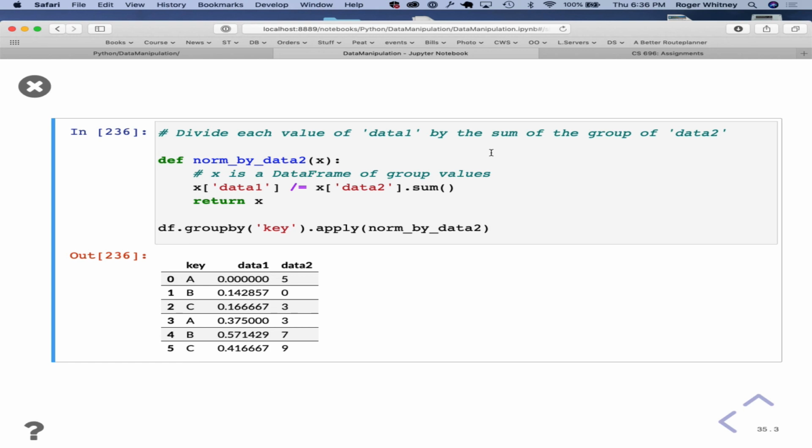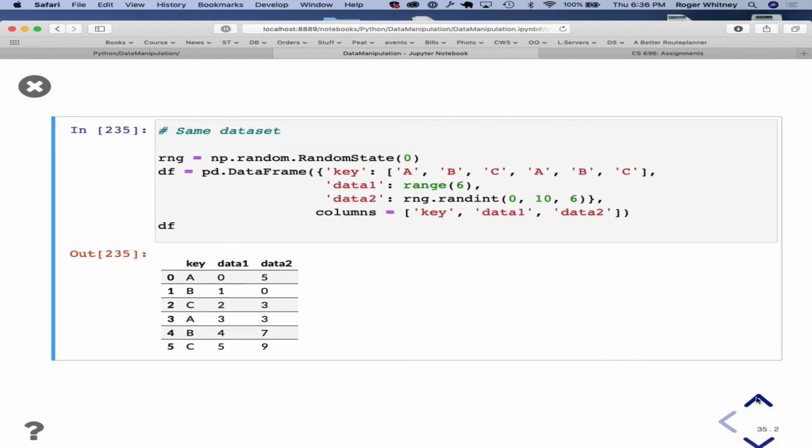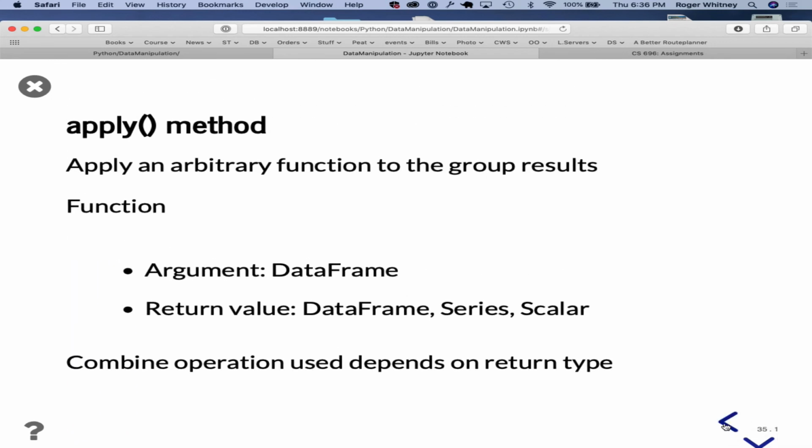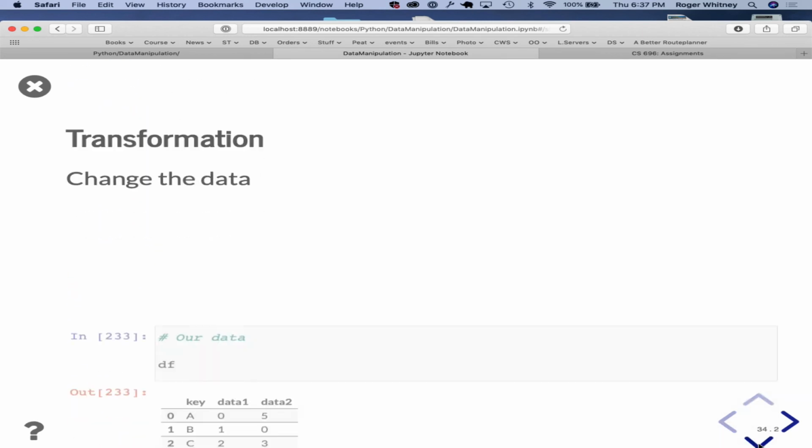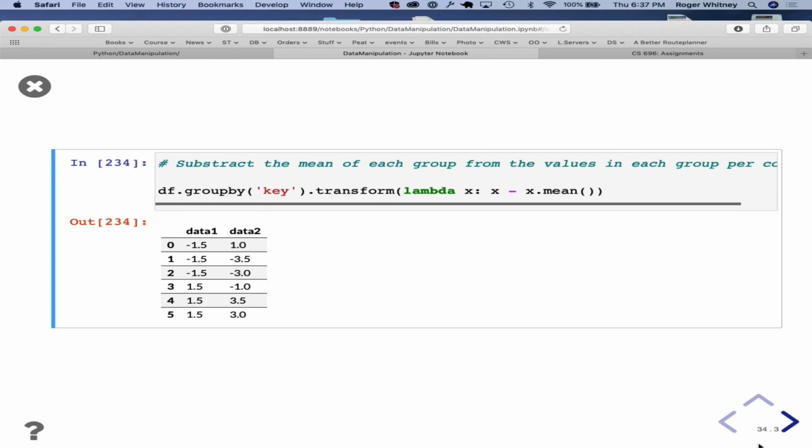Here it's just compute something and show me the result. Alright, so this is transform.